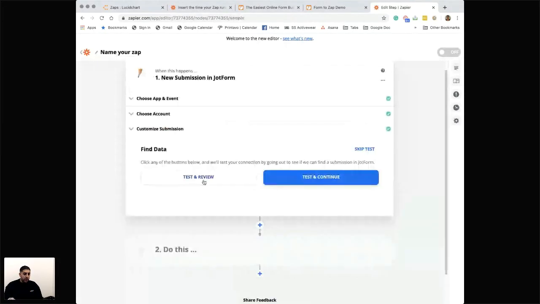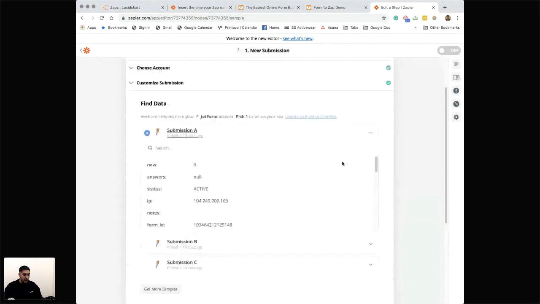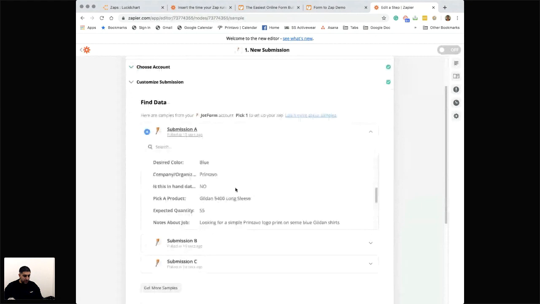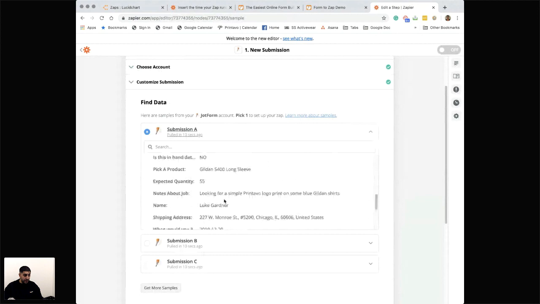One thing I'm going to do right away is test and review. When you test and review, basically it's running that instance of that Zap at that very moment to see what data is going to pull back right away. So I have a submission that we pulled. It is Luke, who just put it in a couple minutes ago,